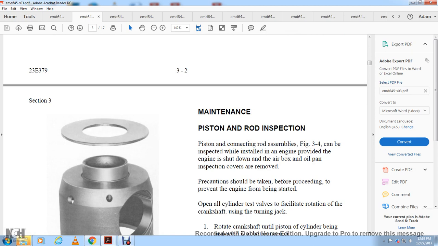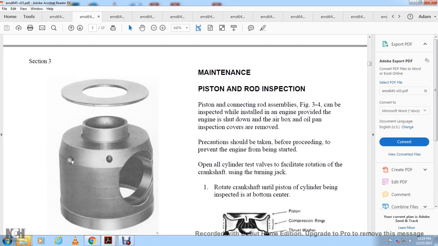with it installed in the engine, provided the engine is shut down, with the air box and oil pan inspection covers removed. Precautions should be taken before proceeding to prevent the engine from being started. Open all cylinder test valves to facilitate rotation of the crankshaft using the turning jack. Rotate the crankshaft until